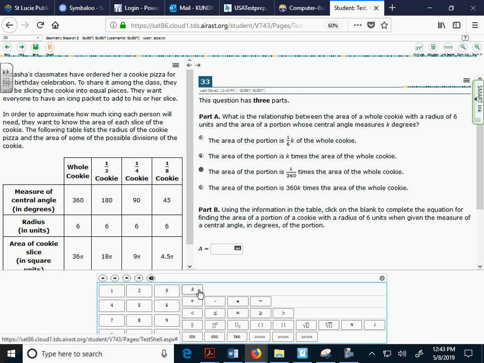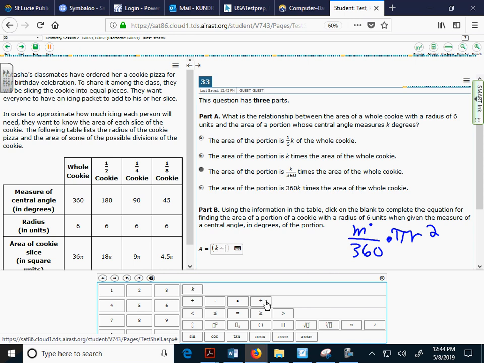On that note, it is asking us to complete the equation for finding the area. So the radius is 6. We know our formula that we always use: you take the measure of the arc, you divide that by 360. We're talking area, so you multiply it by pi r squared. Now we're just going to plug in what they gave us. The measure of the central angle I want to use is going to be K. We're going to take that and divide it